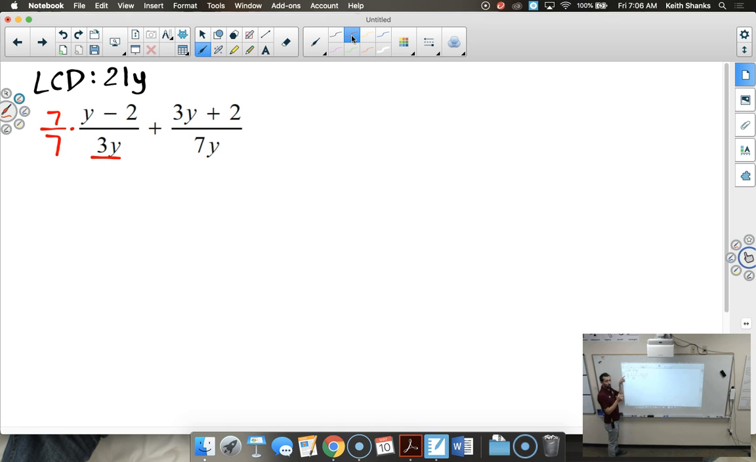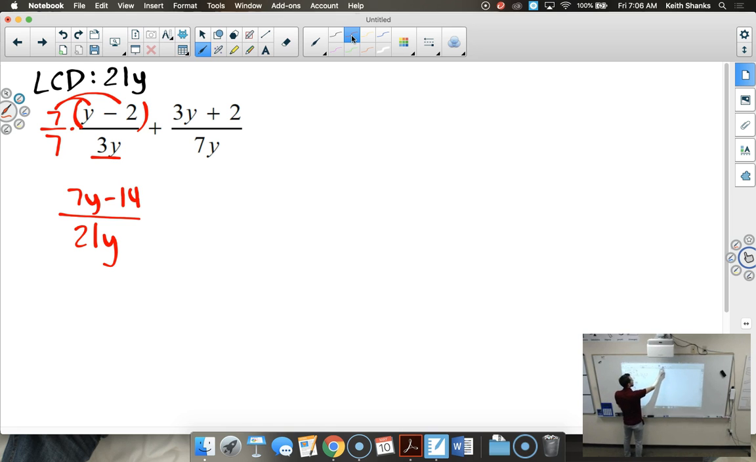This is a fancy way of writing 1. So that when I multiply, again, the bottom is going to become 21y, and the top will become, distributive property, 7y minus 14. Okay. My other fraction over here, to get this to become 21, I have to multiply by 3,